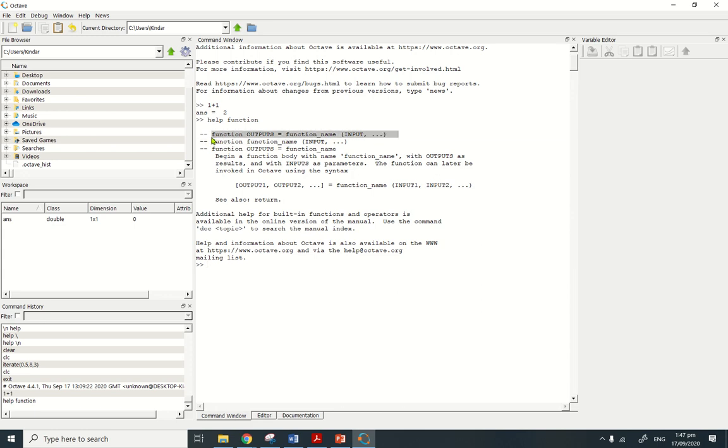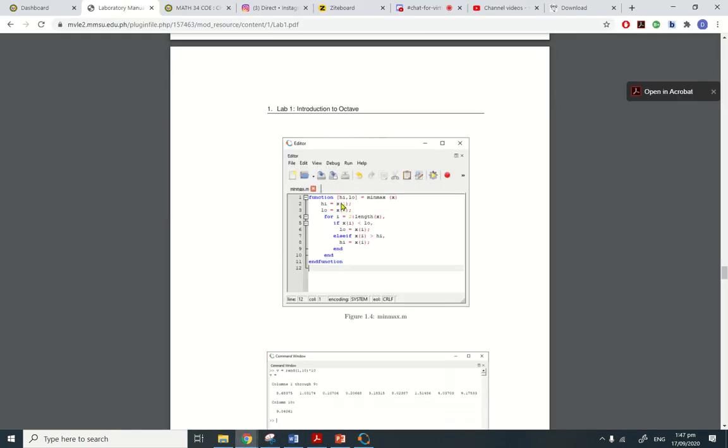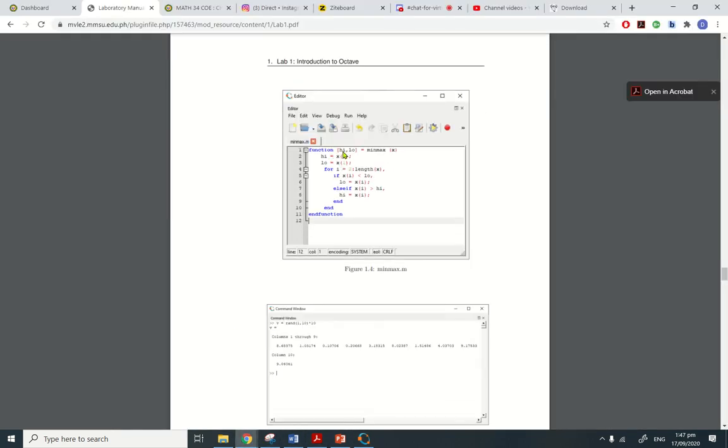Syntax means ito yung parang pattern. So function, type mo function, tapos outputs. Outputs is kung ano yung output na gusto mo. Because function name, then your inputs. It can be multi-output. So kung multi-output, ito gagawin mo. Dalawang output or more than two. So yan yung syntax. So here, sa function, so if we do your experiment here, kung makikita nyo, dalawa yung